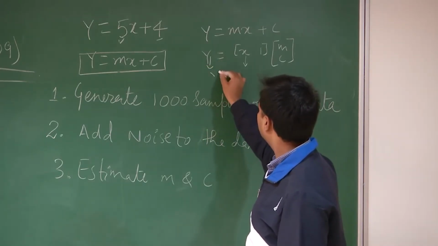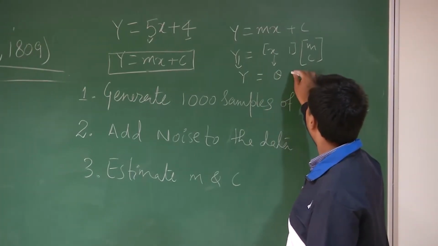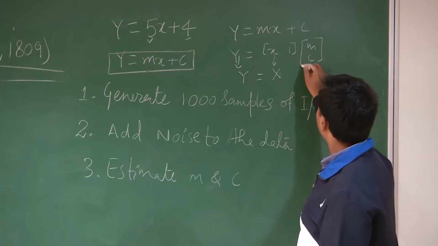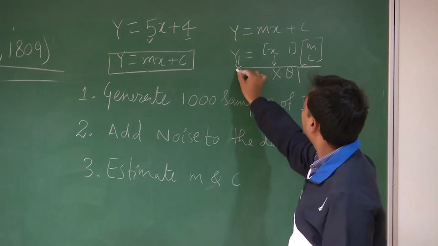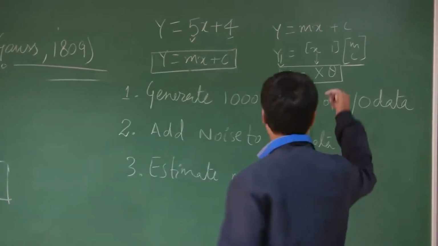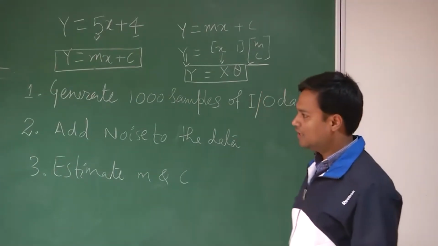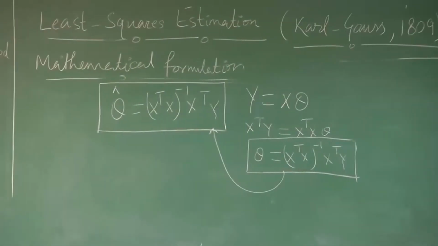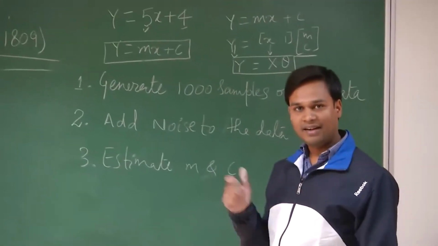So now you see this again becomes the format y equals X theta, where big X is the data and theta is what you want to know. So this is again in the form of y equals x theta. Same thing. If you want to estimate theta parameters for this data, use this least square estimate. You will get the slope and intercept, and you add noise of different degrees, 5%,